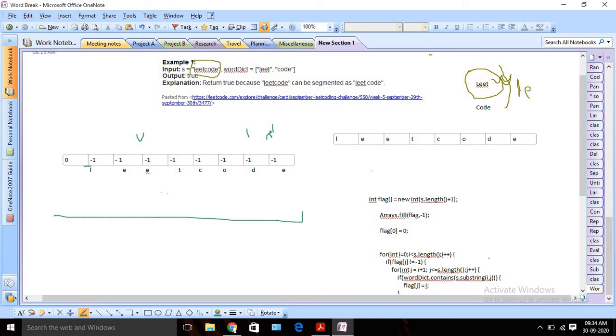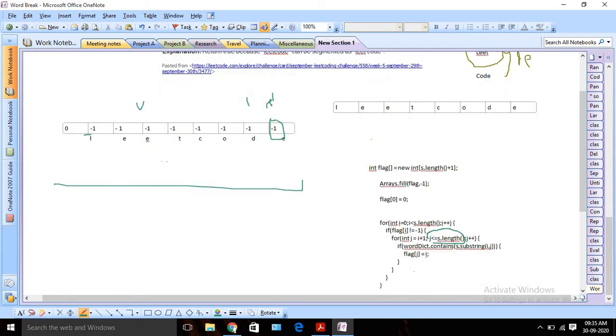Since we are taking the substring, for the second for loop we are running it while j is less than or equal to the string length. If we did not do this, then we would not consider the last character. So to consider the last character also, we run the second for loop till it's less than or equal to length.